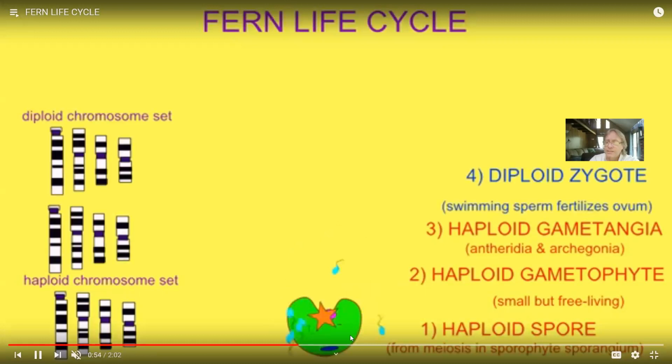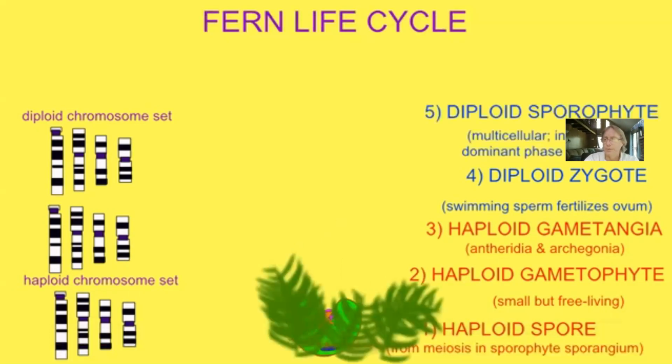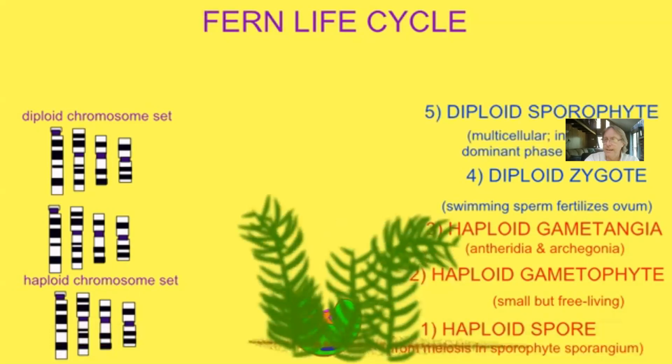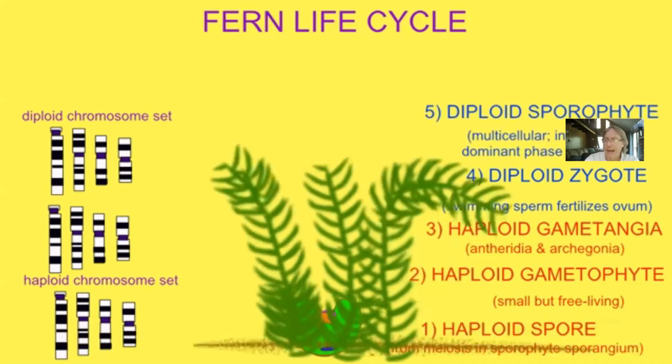This small heart-shaped prothallus, and then the large fern, which we're more accustomed to. So the sporophyte is the dominant part of the generation, but both are free-living. The sporophyte then performs most of the photosynthesis, but then somewhere in the sporophyte, meiosis will occur to produce haploid